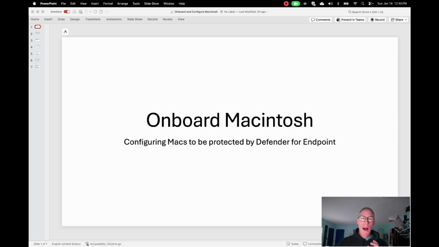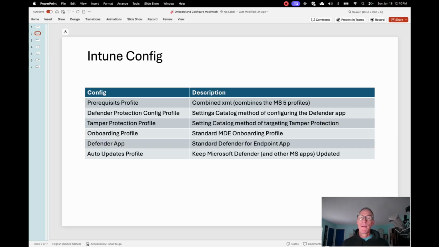Okay, everybody, here we go. Onboard Macintosh to Defender for Endpoint. Got a couple of slides as usual just to kind of keep me focused. So what's involved in this? Well, the Macintosh environment has changed over the last few years. Apple has built in some more protection, some privacy, so that applications can't just do whatever they want. So we actually need to put some settings on the device, and we're going to use Intune for this. Though of course we could use Jamf, or locally we could instruct the operating system, but we're going to